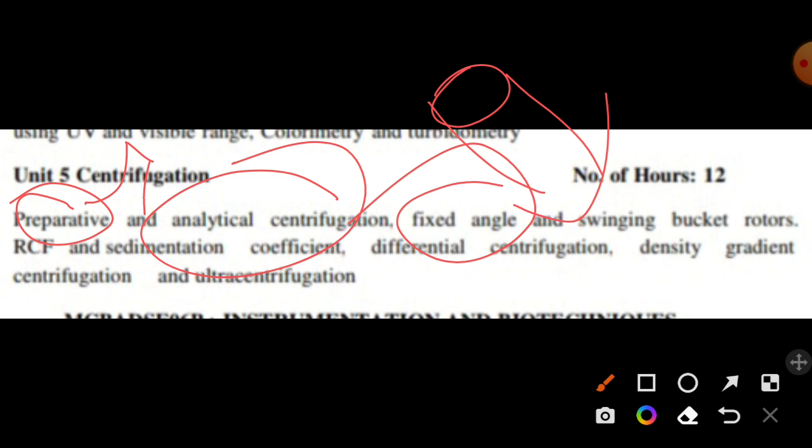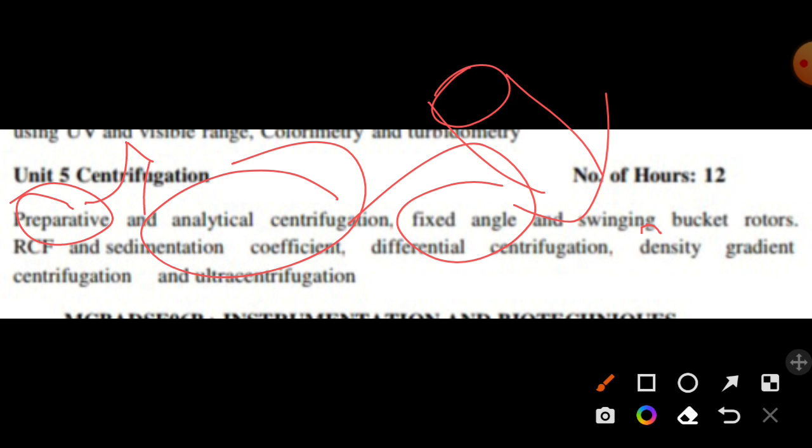It ensures faster separation, but it cannot ensure that all of the particles are moving to the bottom, because in fixed angle centrifugation the substance will strike the side of the tube,